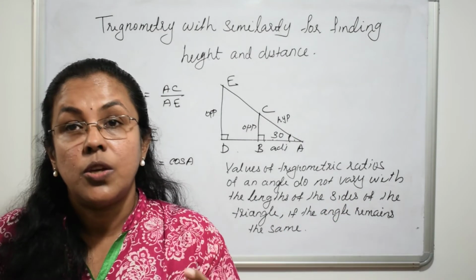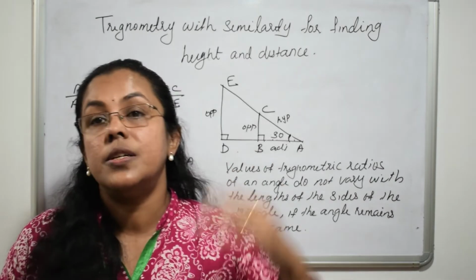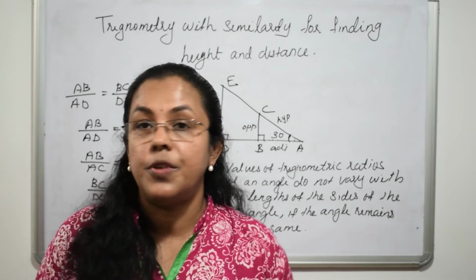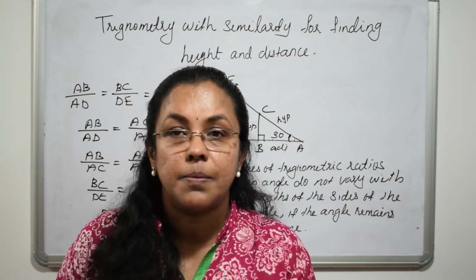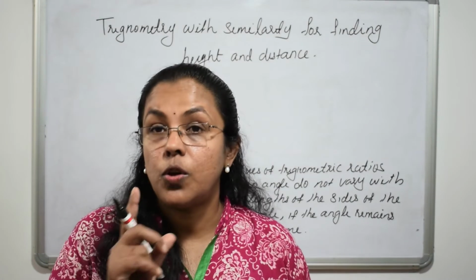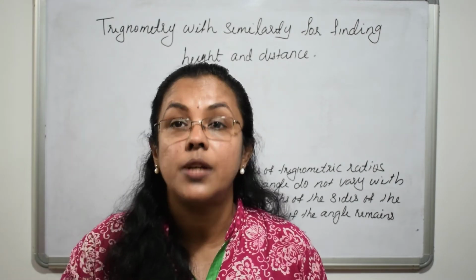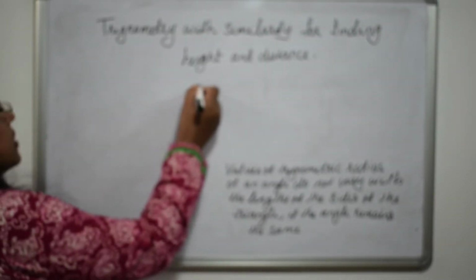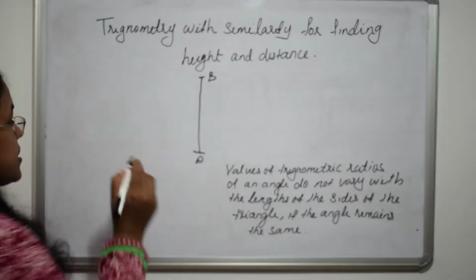We use this method to find the height of mountains, distance of planets from Earth, depth of the river, width of the river and so on. I will explain it with an example. If we know one distance and one acute angle, we can calculate the height of the mountain. How? Suppose this is a mountain. You are standing at a distance of